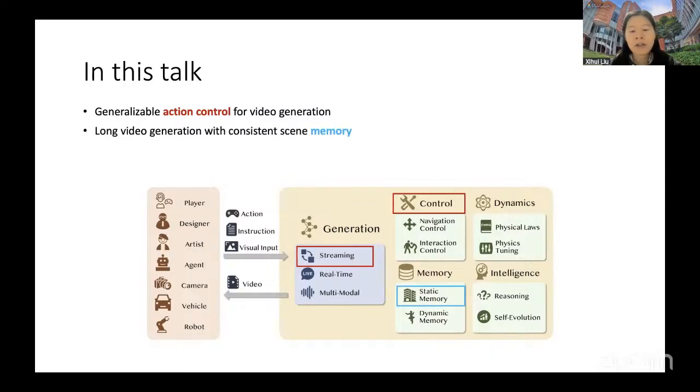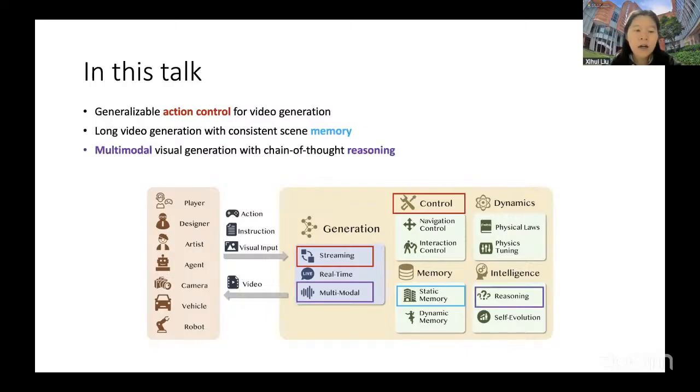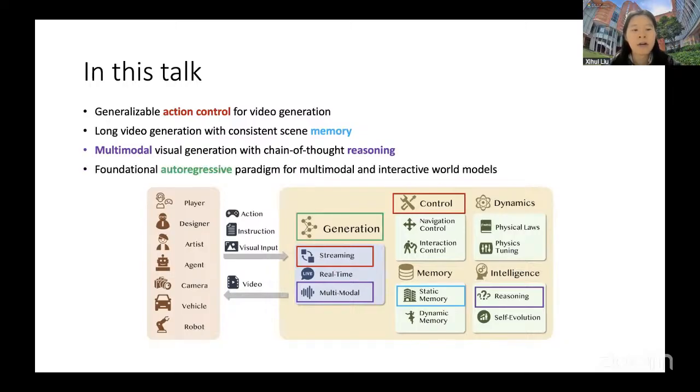And then we will study how to enable consistent scene memory for very long video generation or very long world models. We will also talk a little bit about multimodal models with reasoning capabilities and also the autoregressive paradigm for interactive world models.